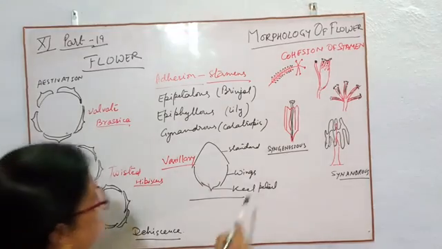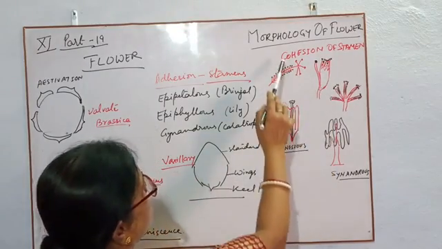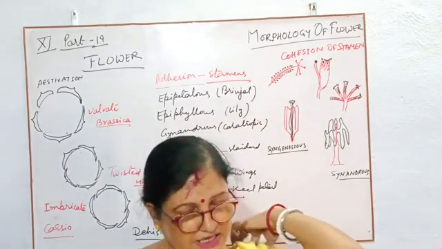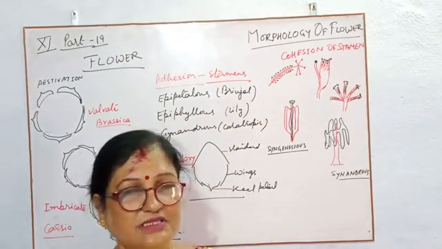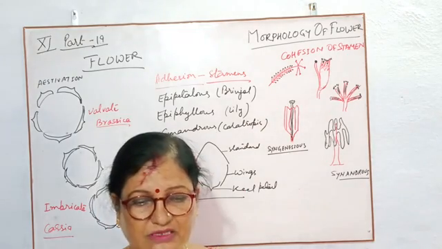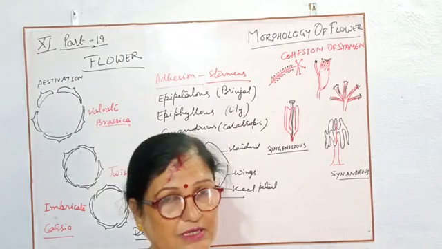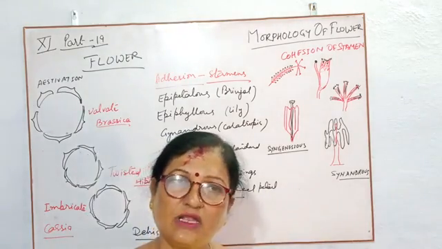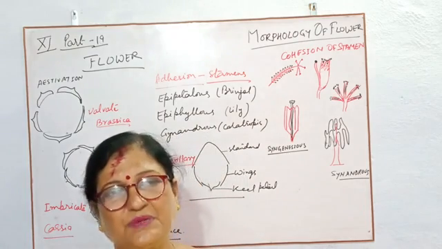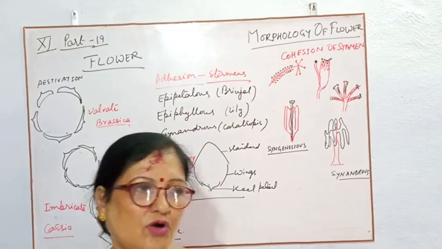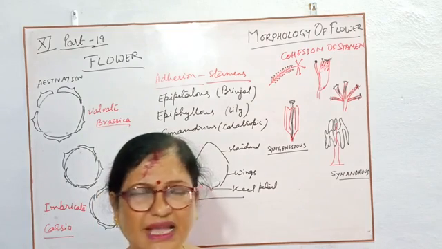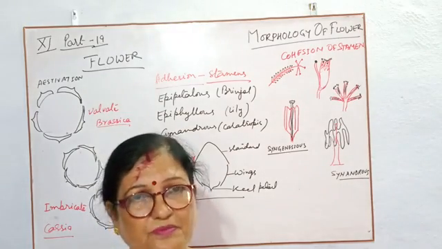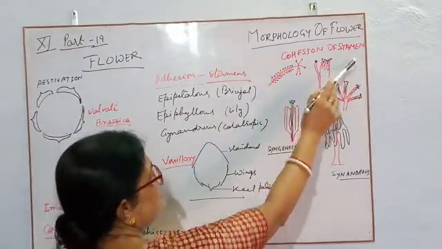Now children, these are the figures for cohesion of stamens. So cohesion, just now I explained to you, means the object remains the same only. That means here, in the cohesion of stamens, all are stamens, but they are present in a different form by attaching or joining with the other stamens. That is the cohesion of stamens.